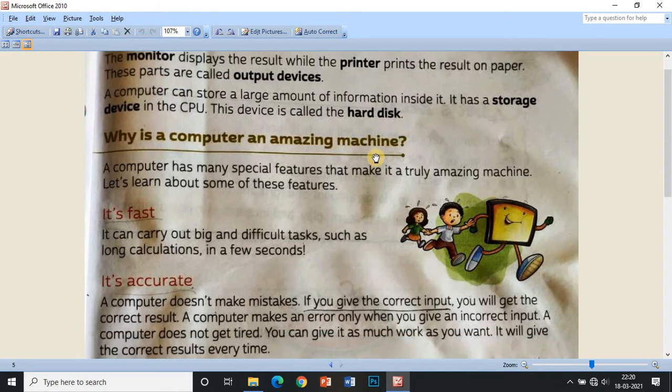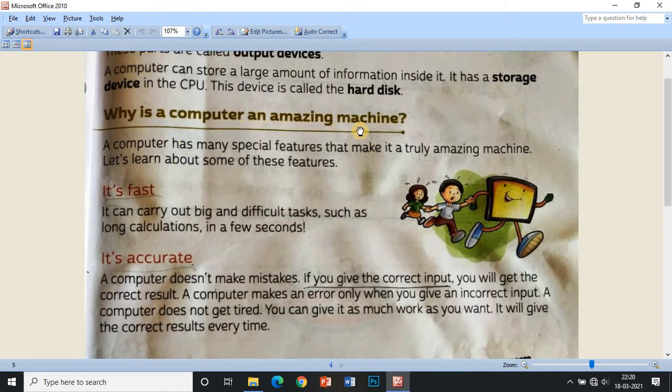Now, why is a computer an amazing machine? The question is, why do we call the computer an amazing machine? A computer has many special features that make it a truly amazing machine. Let's learn about some of these features. Because of these special features, we call it an amazing machine. So these features are: